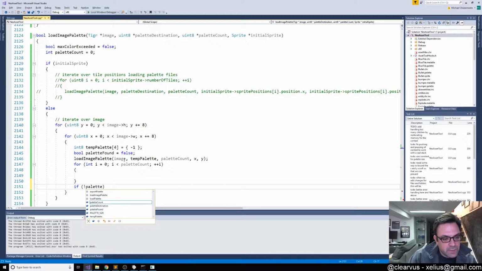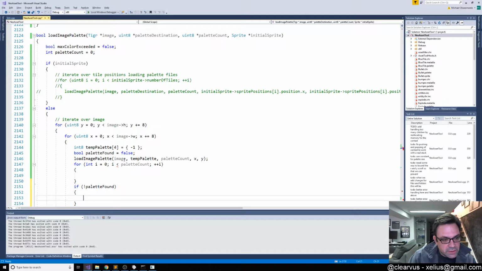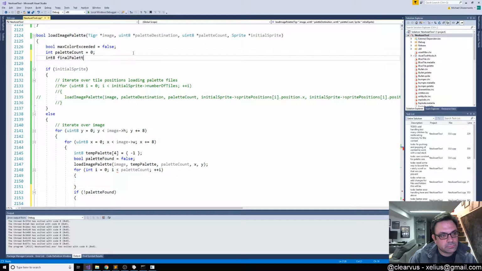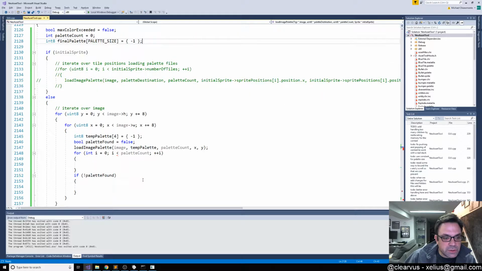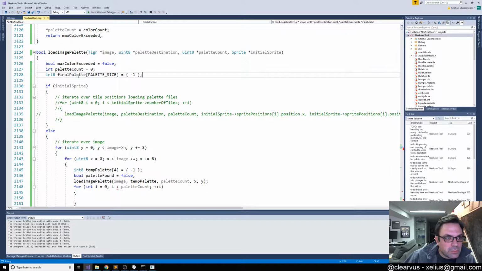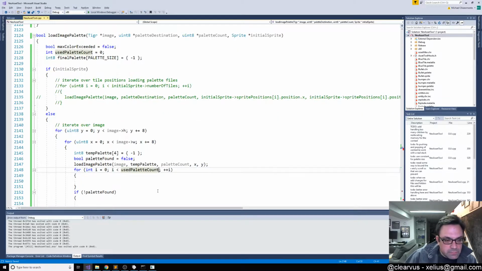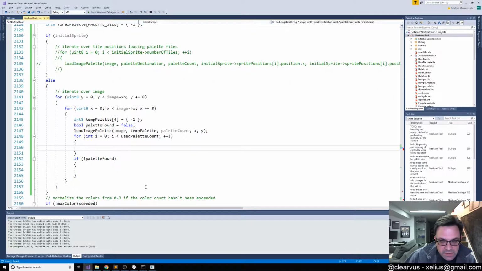So this should actually be palette count. And if not palette found, we're just going to do a straight, let's create an array here, because similarly, if we end up with palettes without some colors being initialized, what we can do is then determine what the appropriate pointer, we can set a default color so that we can see that they're unused, and that'll be helpful too. So let's see. So we'll iterate through the used palette count, and then if it's not found, what we'll do